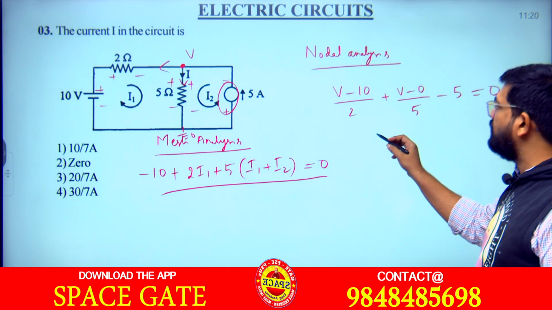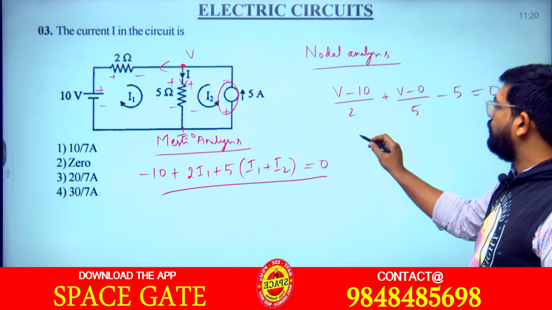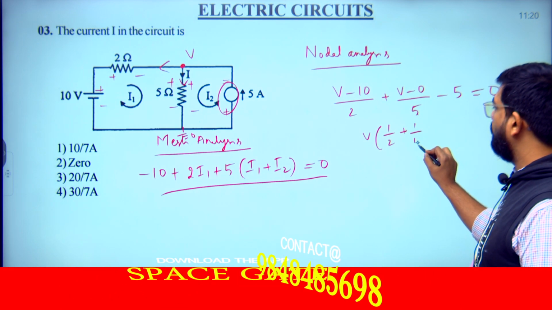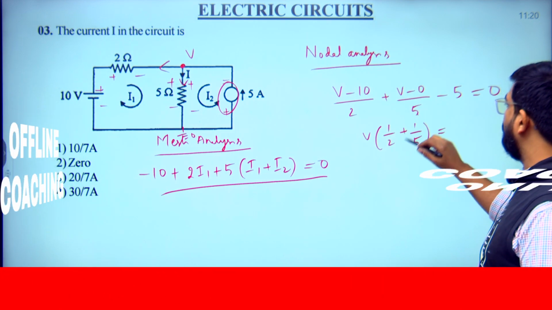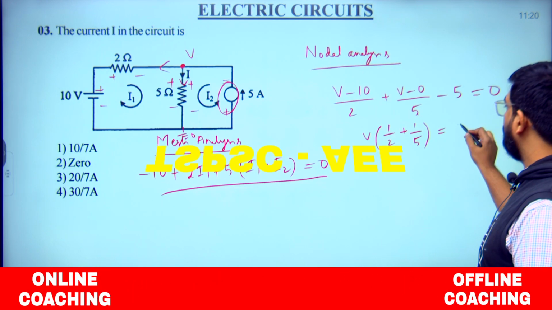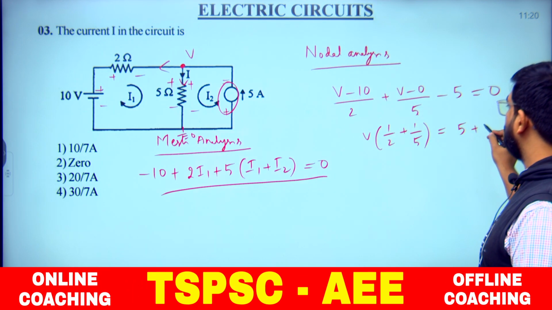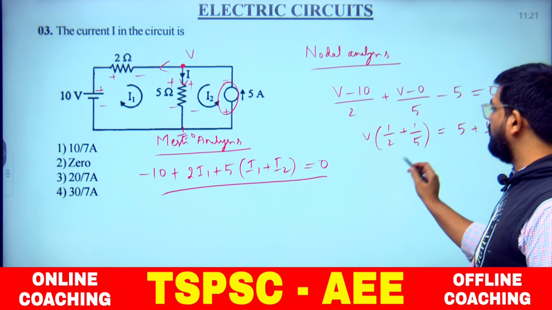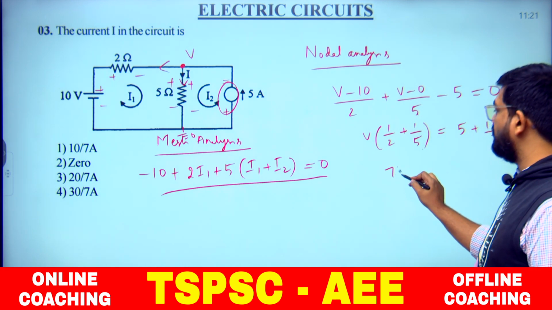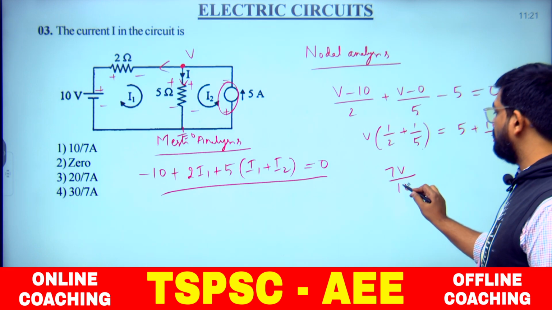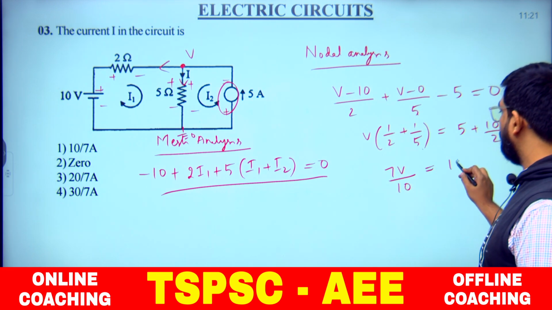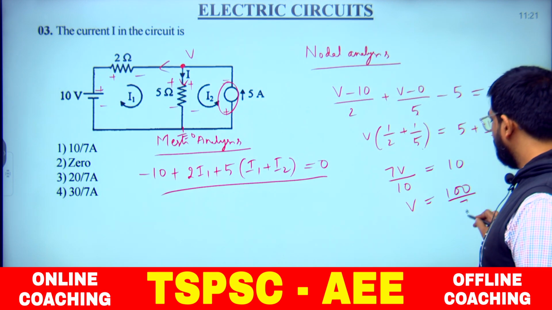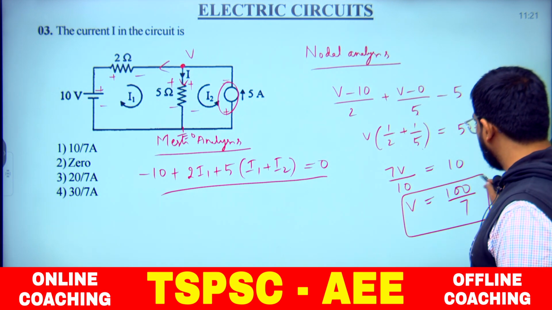5 ohm. Simplify this: if you take the LCM, 1 by 2 plus 1 by 5, is equal to, taking 5 to the right-hand side, 5 plus 10 by 2, which is again 5, so 5 plus 5 is 10. If you take the LCM, we get 7V by 10 is equal to 5 plus 5, 10. So V is equal to 100 by 7. So the node voltage we got is